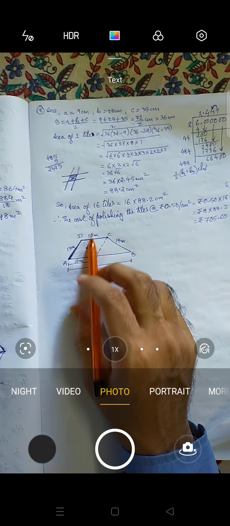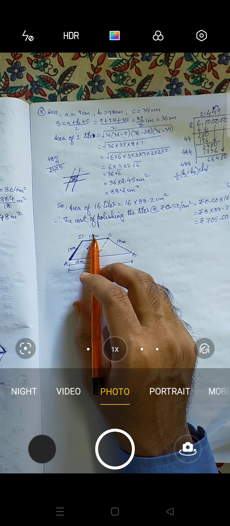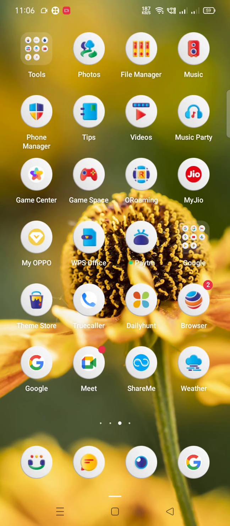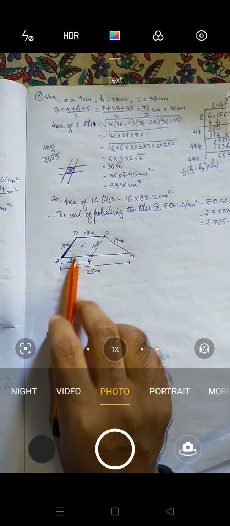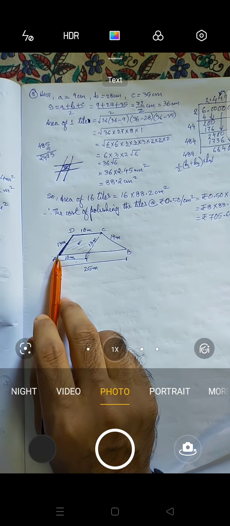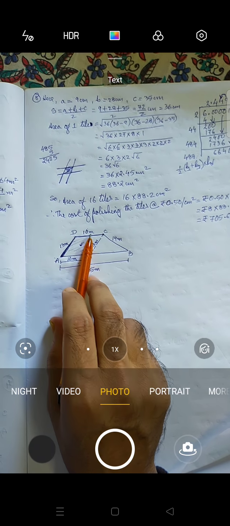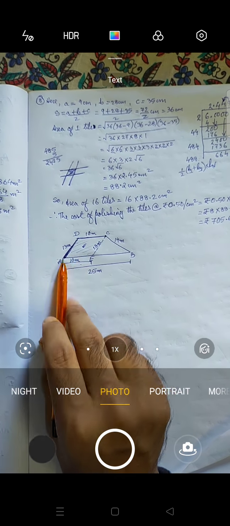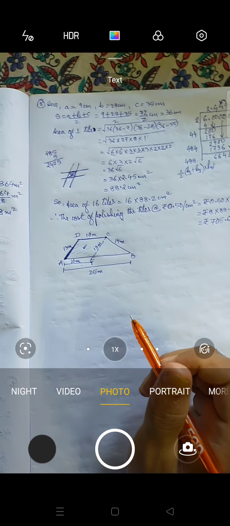Opposite sides of a parallelogram are equal. So this will be 10. Now this is 13, so this will be 13. Any problem? Opposite sides of a parallelogram are parallel and equal. That means this DC and AE will be equal. This is 10, so this is 10. And this is 13, so this is also 13. Any problem?